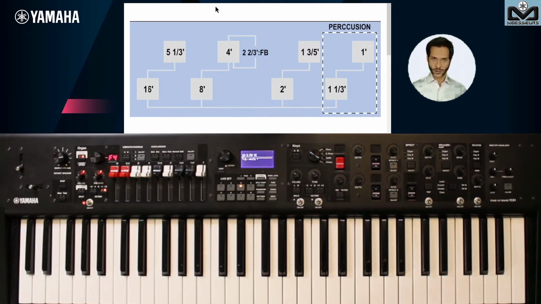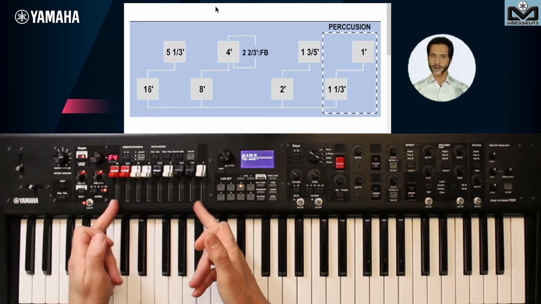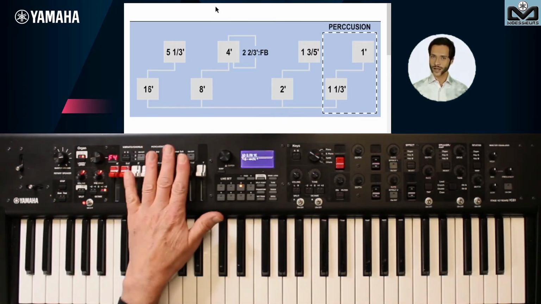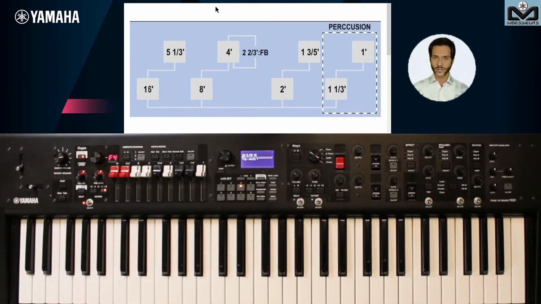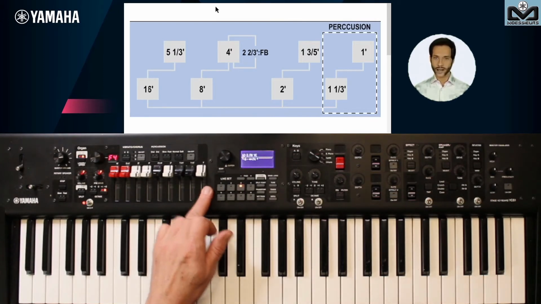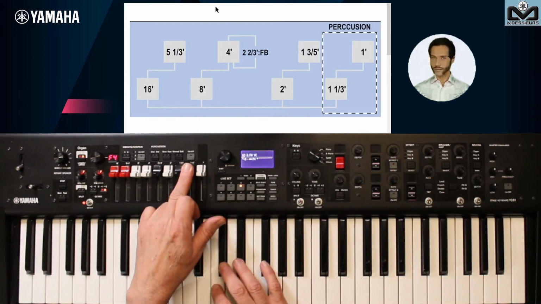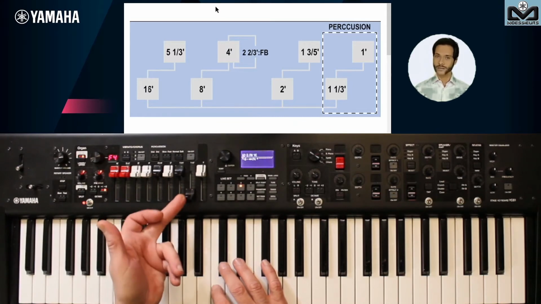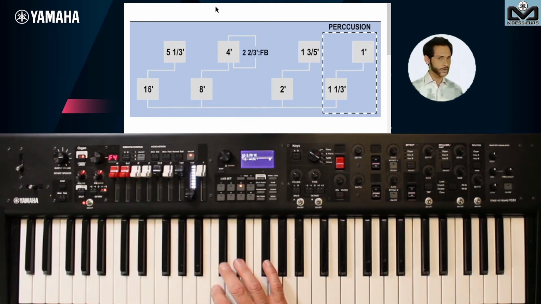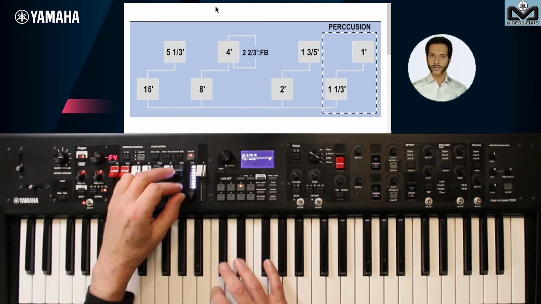We explained that on the first 3 organ voices F1, F2, and F3, you can only use the first 8 drawbars and that there was no percussion, no vibrato, or chorus like on the H organ. The particularity of these 3 new FMX organ voices is that we can use 9 drawbars for all and that we have a percussion on the F4 and F6 voices. As you can see on the graph, it's here the 1 1/3 which is a carrier that will bring us the percussion. But there is no sound. Why? Because as on H organs, you have to activate the percussion button and you can modulate your percussion sound with its modulator.